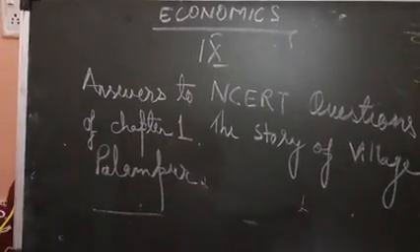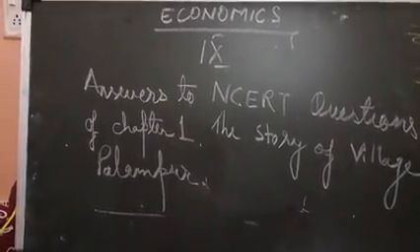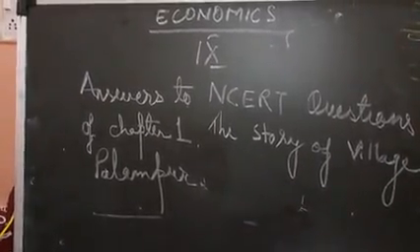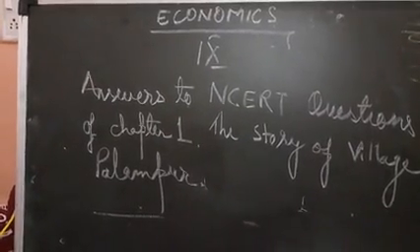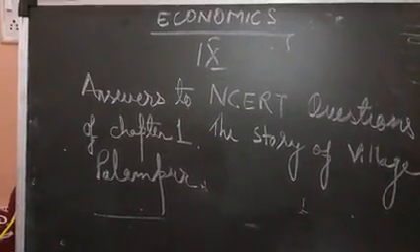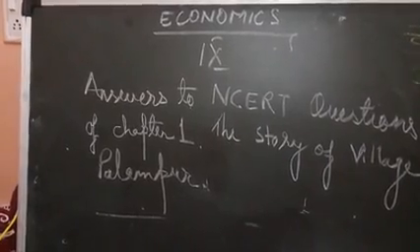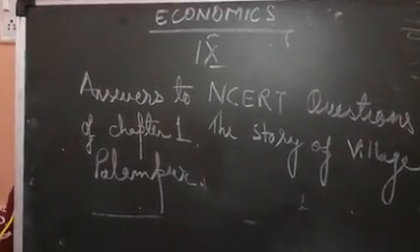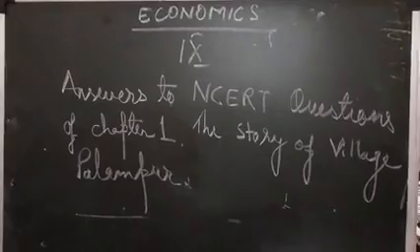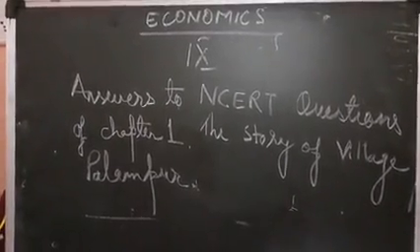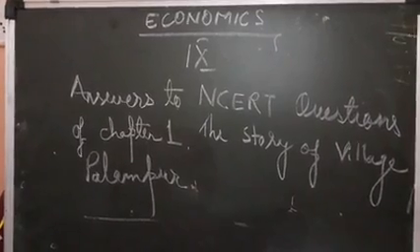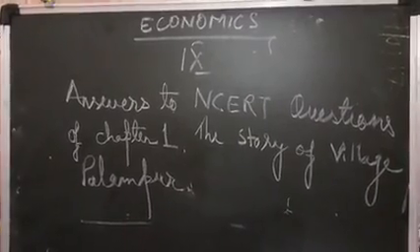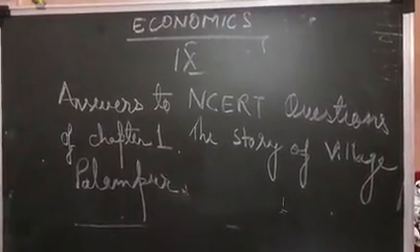Question number 8. How do the medium and large farmers obtain capital for farming? How is it different from small farmers? So the medium and large farmers own large land and thus have large production. They sell the excess production for profit and save the money for farm use for next year. वो उसमें से कुछ पैसा बचा के नेक्स्ट ईयर के लिए भी बचा लेते हैं. They also use part of the money and lend it to the small farmers for interest and save money earned through interest. They give the money to the small farmers at an interest rate.